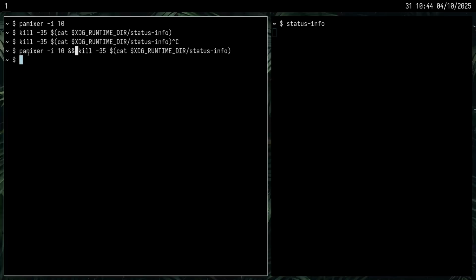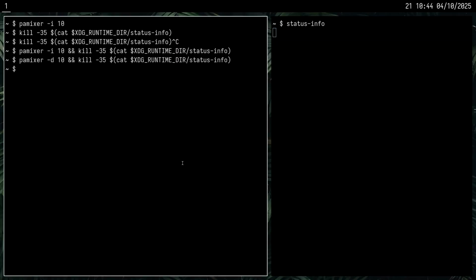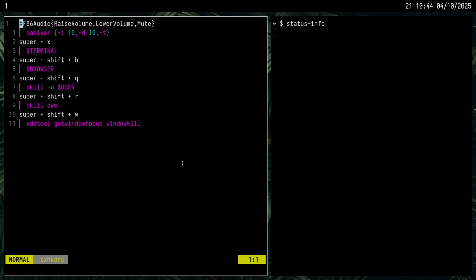As you can see, the volume increased by 10 and then the bar updated. That's it. That's all you need to do. Let's say I decrease it by 10. Okay, it has changed to 21. That's it. Now, we're gonna go to vim .config/sxhkd, the file here, and after we run amixer increase 10,